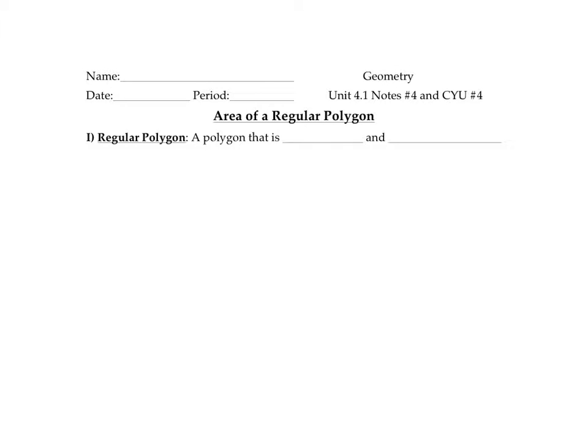Hi everyone. In today's lesson from Unit 4.1, we'll learn how to find the area of a regular polygon. First of all, a regular polygon is defined as a polygon that is both equilateral and equiangular. Just a reminder that this means that all of the sides are congruent and that all of the angles are congruent. So some examples of regular polygons that we're familiar with are an equilateral triangle,